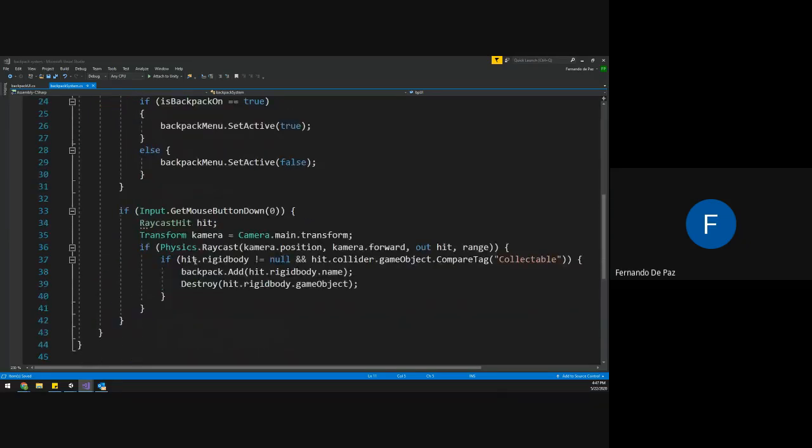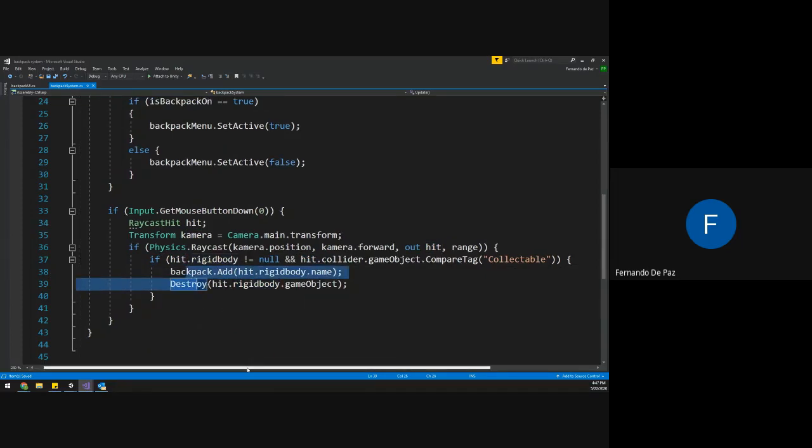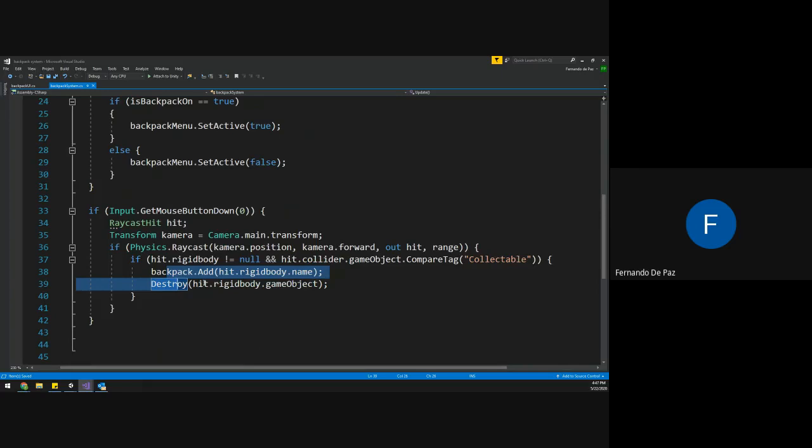all the way down, until we get here where we have the destroy stuff. And what we're gonna do is, instead of just randomly destroying the stuff, we're going to destroy it depending on, can we put this inside our script, so on our backpack, I mean. So what we're gonna do is